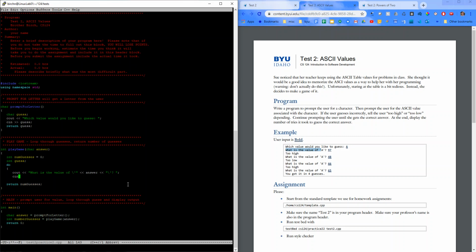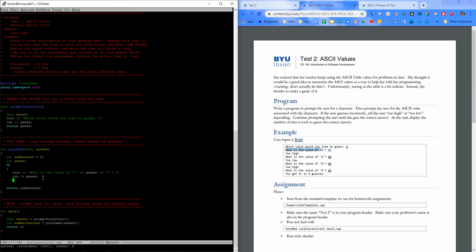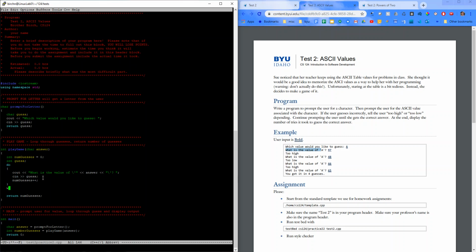Okay, and then we'll have cin as their guess. So what is the value of, let's say they typed in A, and then they would guess a number, it'd be an integer, we'd put that into guess, all right, and then we would increase the number of guesses count. Okay, then I would say, let me close that, and while,